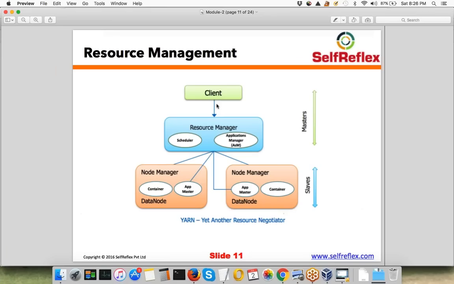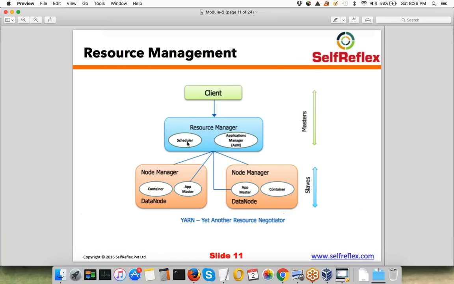So the client will talk to the resource manager which is running on your master machine, and your resource manager within itself has two parts. One is the scheduler. The scheduler is basically used to schedule jobs from multiple clients. For example, let's say 10 clients have submitted 10 applications in the cluster. Based on the policies that you have configured, your scheduler will try to figure out which should be the next application in the queue. Whenever your cluster is fully utilized, let's say all the CPUs in your cluster are being used at this moment, and there are multiple applications in the queue, then your scheduler will decide which application will get the resources